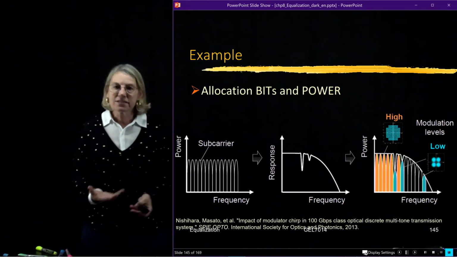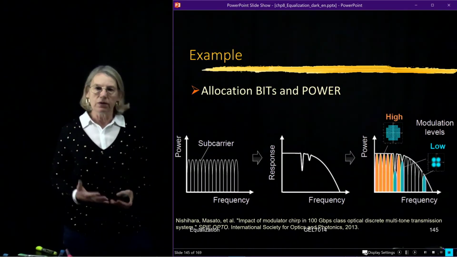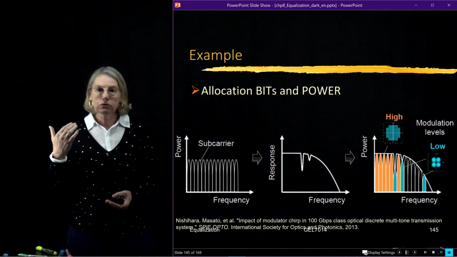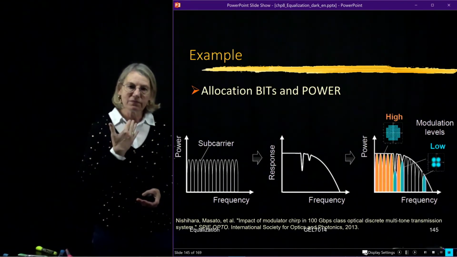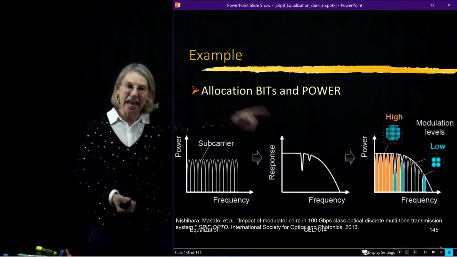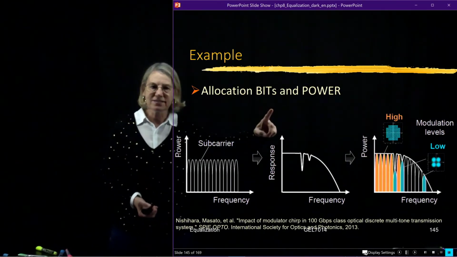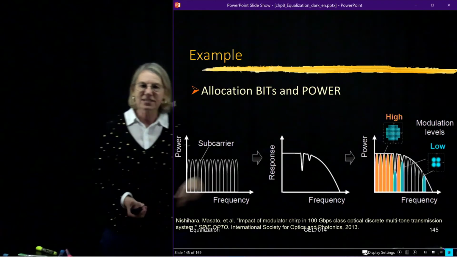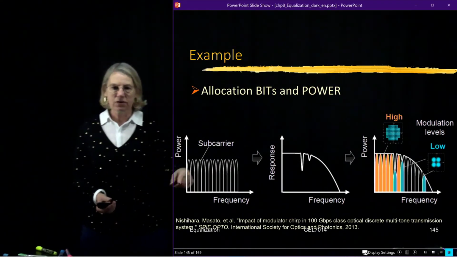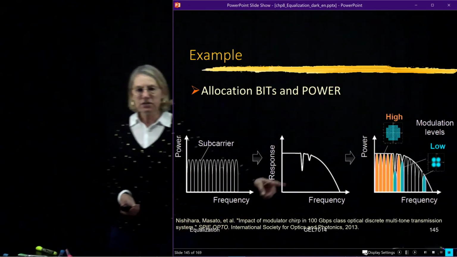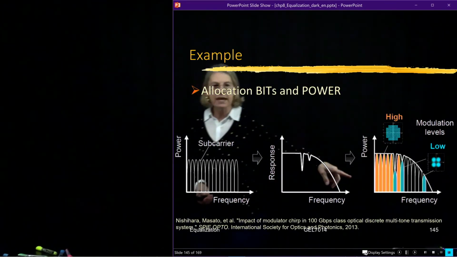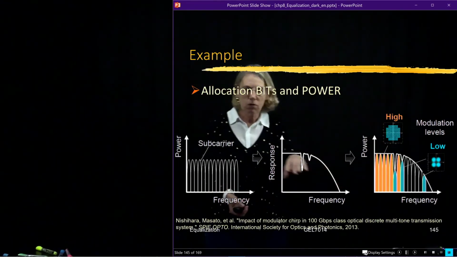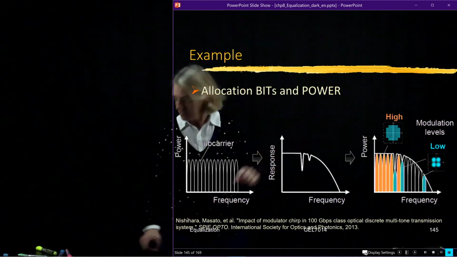So, in essence, what happens when we use DMT, whether we're using choice 1 or choice 2, how does it come out? Well, we say that in the end, what we have accomplished is an allocation of bits and an allocation of power on a per subcarrier basis. So here are all my subcarriers. Here is my frequency response, and over here would be a typical bit and power allocation. So where the frequency response is good,